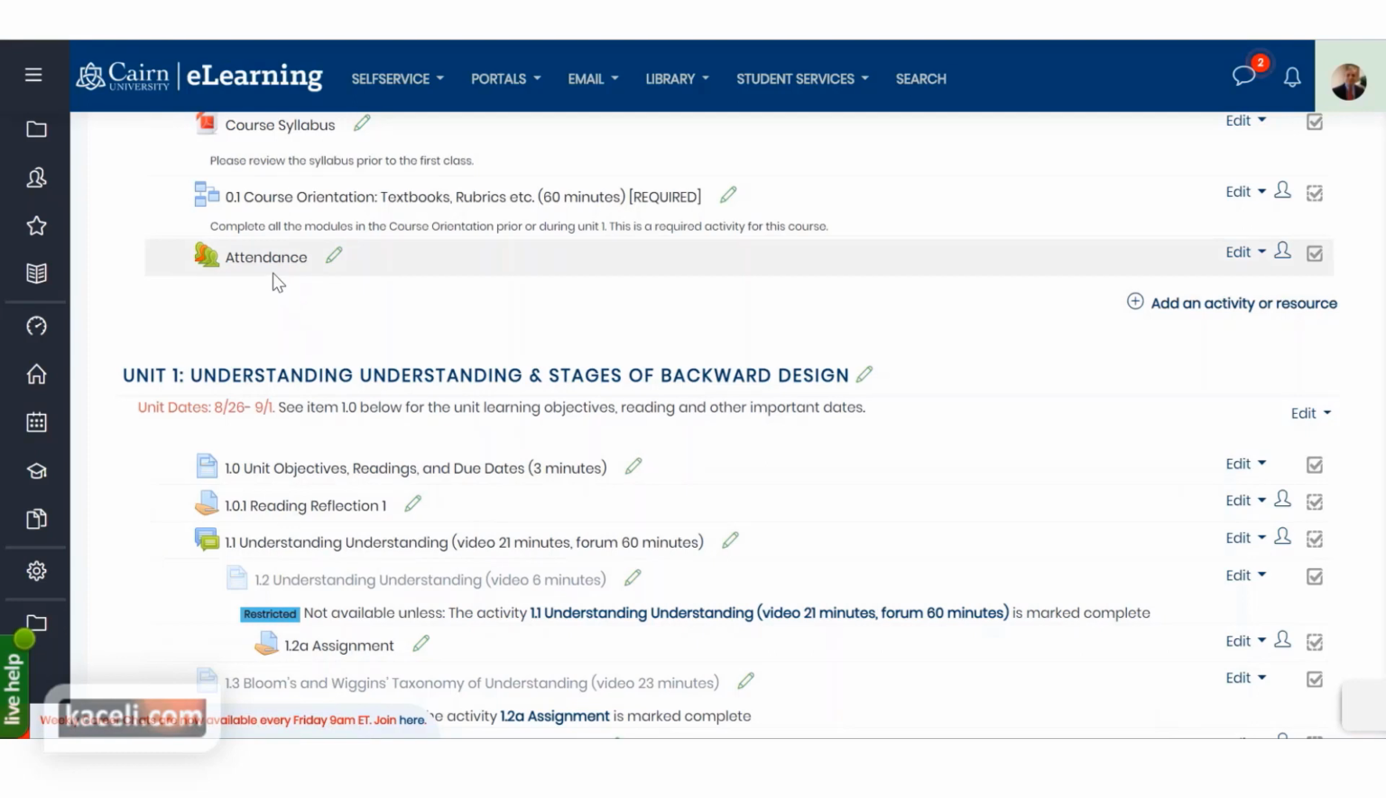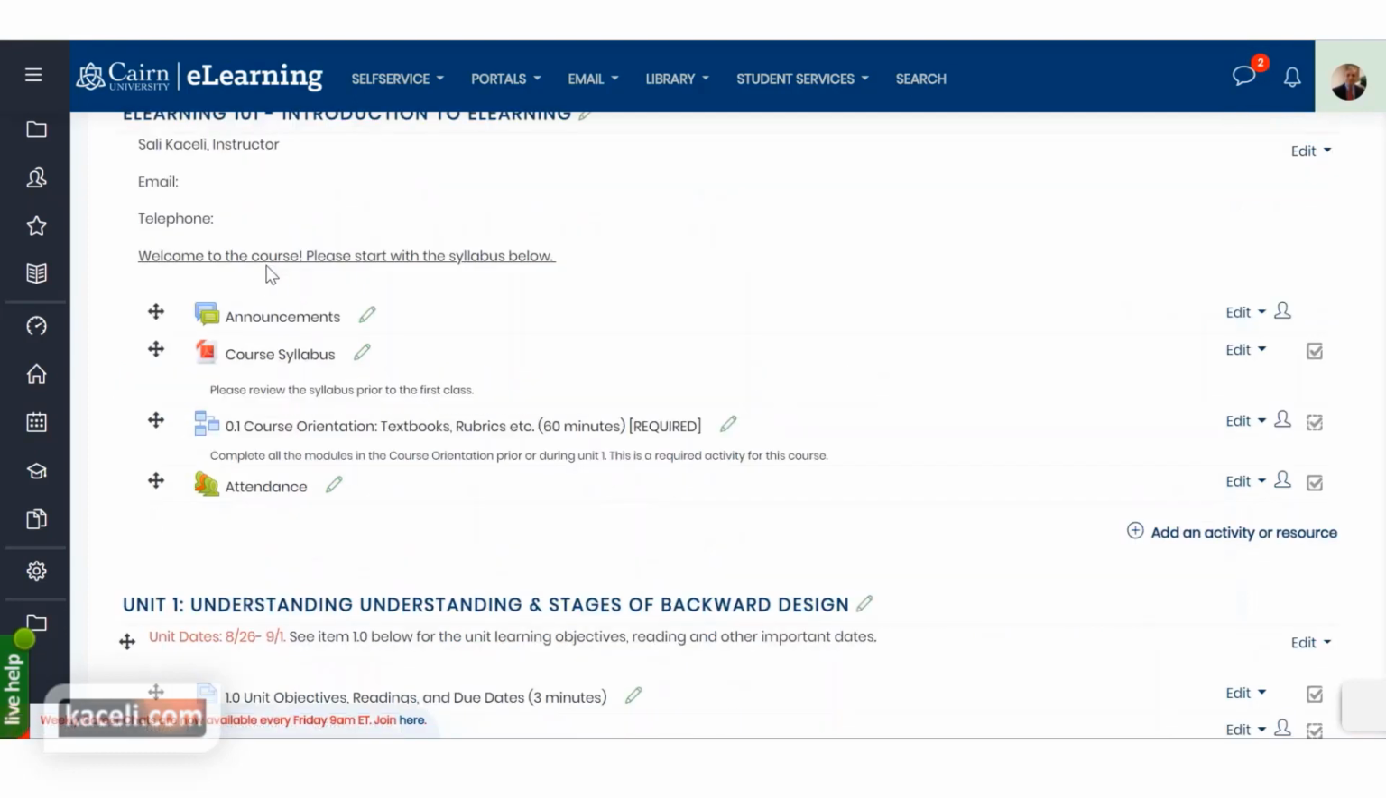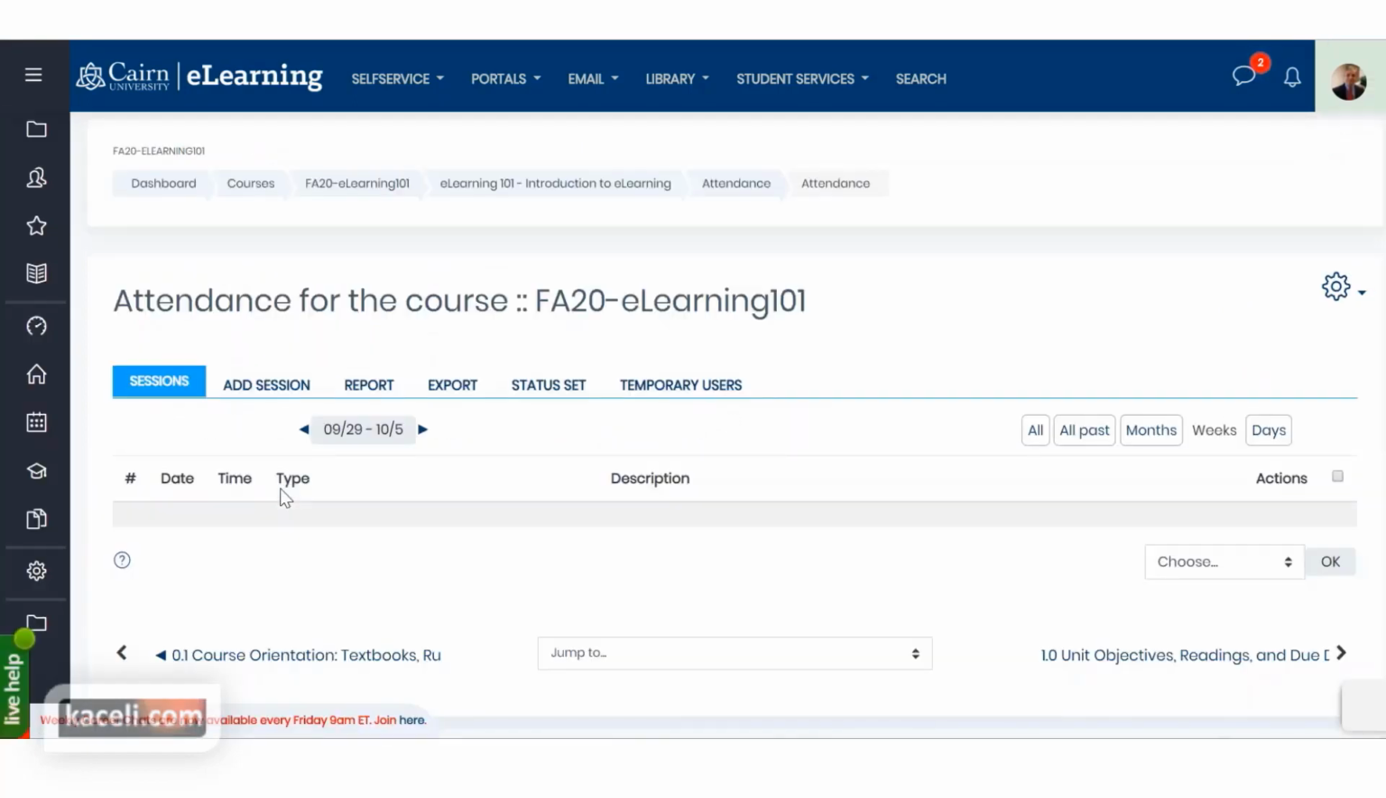So far, we just have configured an item here in the system called attendance. However, we have not yet defined what weeks and when the class meets and when to take attendance in this class. So to do that, we need to click here under Add Session,